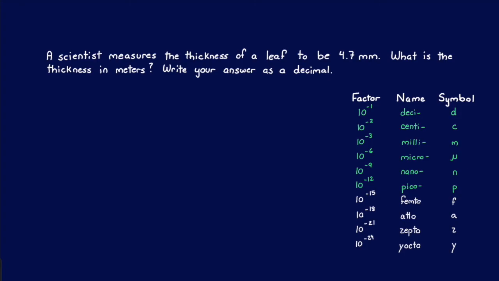Let's do one more. A scientist measures the thickness of a leaf to be 4.7 millimeters. So this one has to do with smaller. What is the thickness in meters? Write your answer as a decimal. So in this one, we're not doing scientific notation. We're just doing the conversion and seeing what the calculator gives us. So we have 4.7